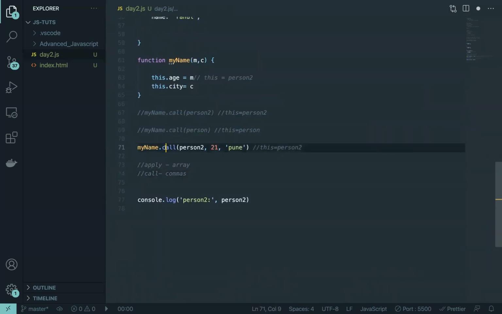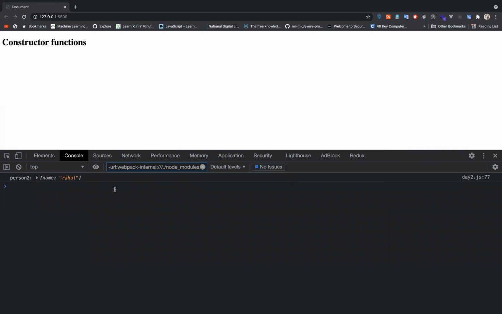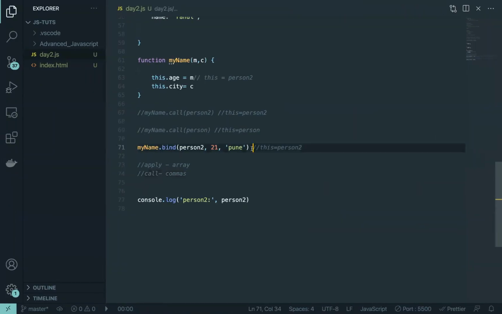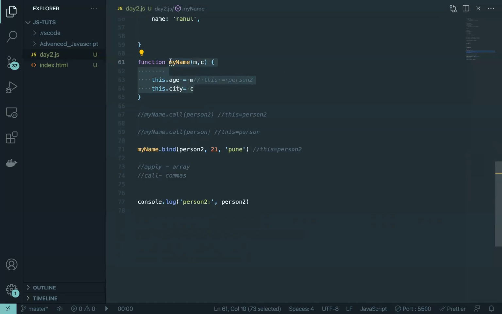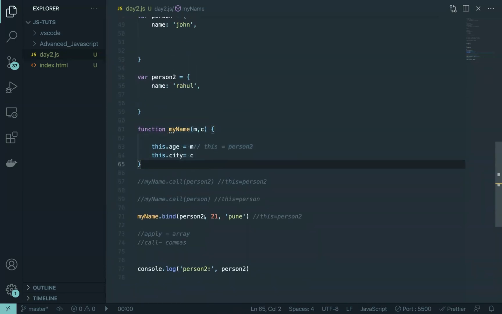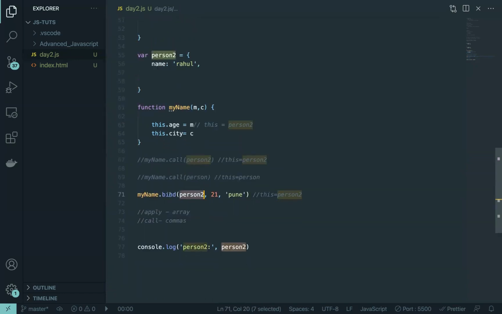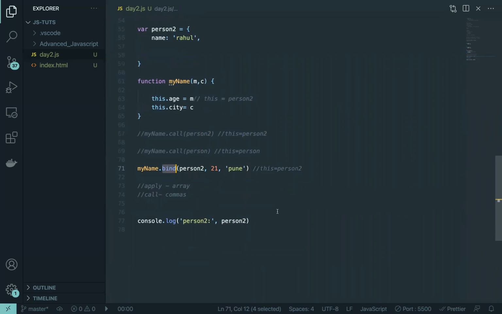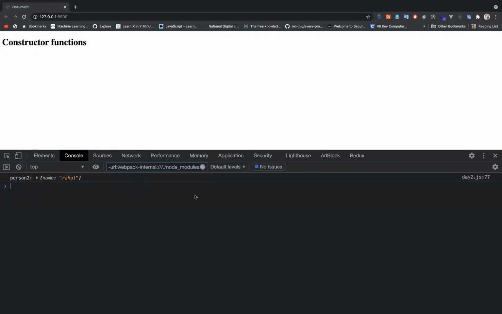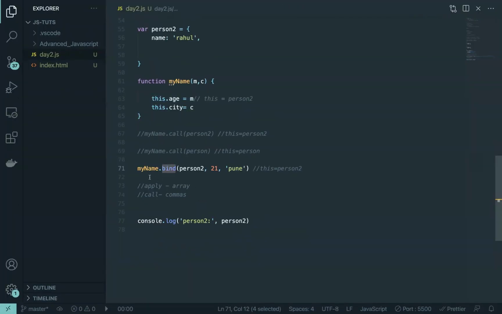And what about dot bind? If I just use dot bind here and now let's try to run it. Okay, where did all of that magic go? We just said call, apply, bind were those superpowers. It will create an object using the constructor function, and the value of this we can control. I can pass person2, person1. I just did that using my name.bind, and I'm not able to do anything. It is just sitting idle there, because what happens with bind is it just binds it. That's it. It just attaches to it. Now it is up to you when you want to use it.